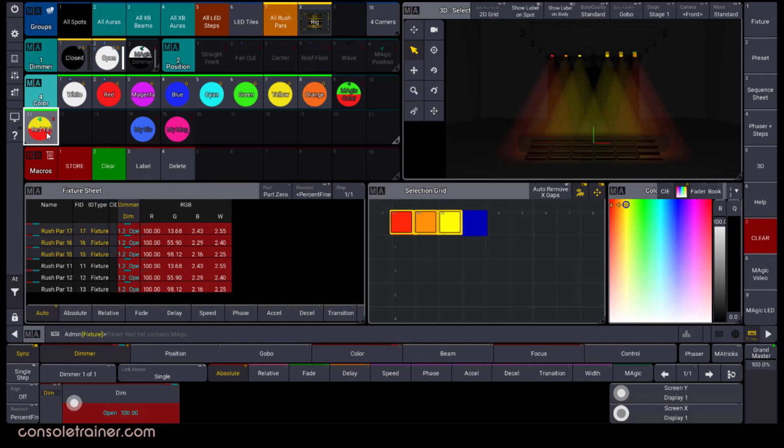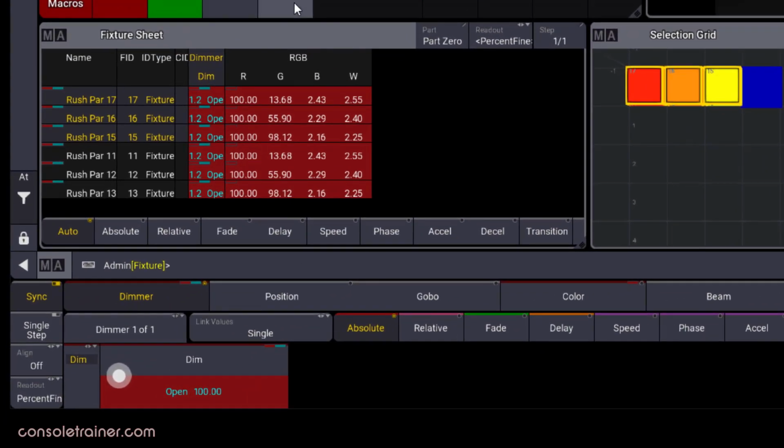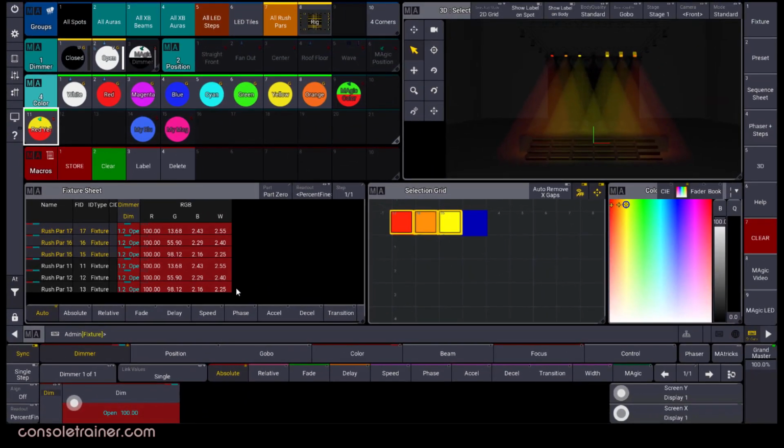This magic preset is more like a template. In fact, if we look at the values on these lights in our fixture sheet, you'll see that these values are hard values, not a preset reference. So, like a template, if I stored this in a queue now and then updated the magic preset, the queue would not be updated. Don't worry, I'm going to show you ways around this so that you can get an updatable reference to these in your queues, but I thought it was important that you see right away how this is currently working when you create a basic magic preset.